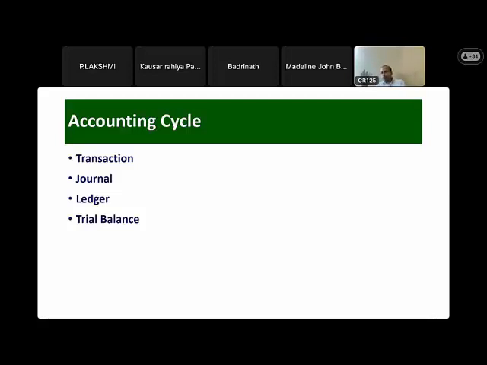So we got an idea about what accounting is. Accounting is an information providing system, and now we are understanding the process of accounting. Once this trial balance is done, you can start making your first statement, that is the profit and loss account. This is a statement of all income and expenditures during a particular period of time. Look at why we use the words during a particular period of time: because profit and loss we determine for a period of time.